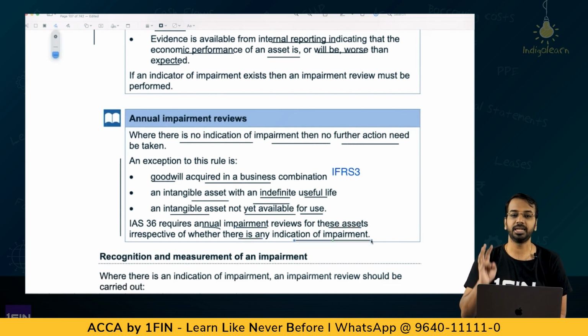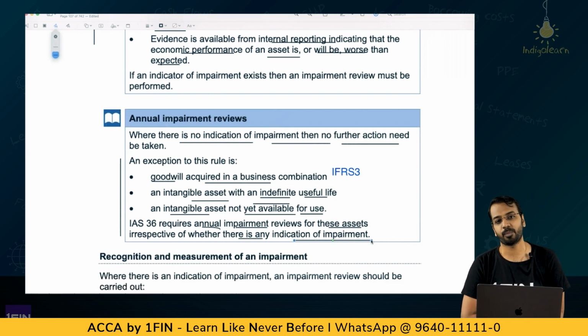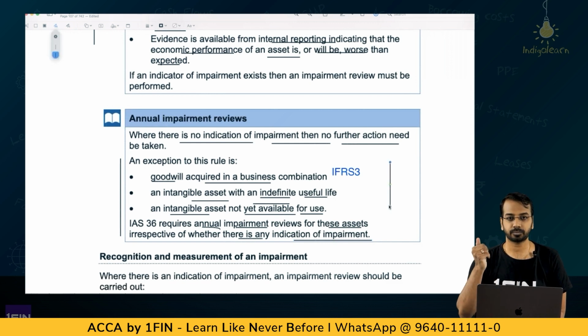impairment or not. Quickly, 3 things: goodwill which arises out of a business combination, then intangible assets with indefinite useful life, and intangible assets which are not yet available for use, which are under development, right? So, for these 3, you will have to check for impairment at least once